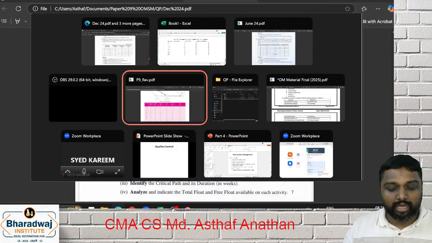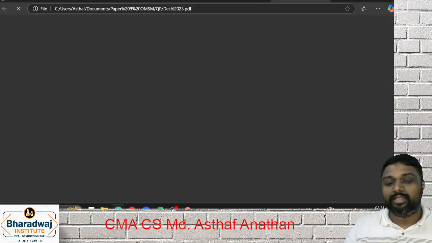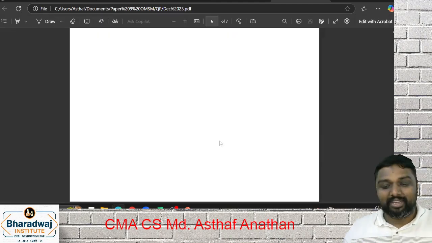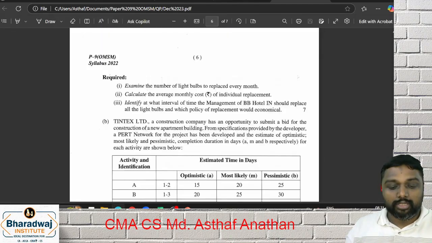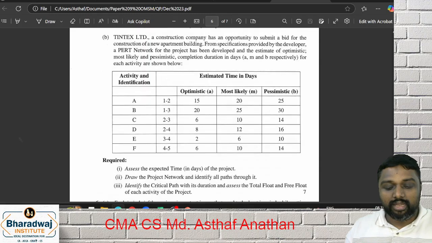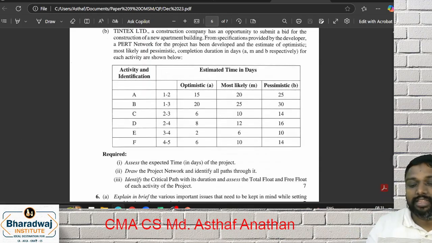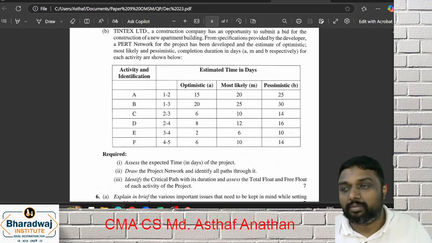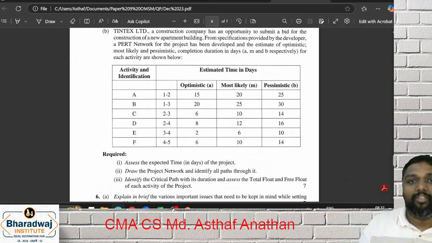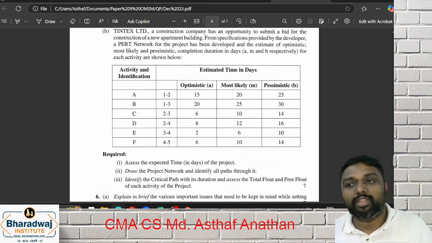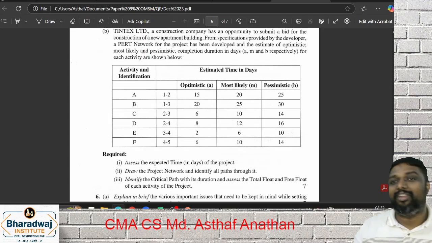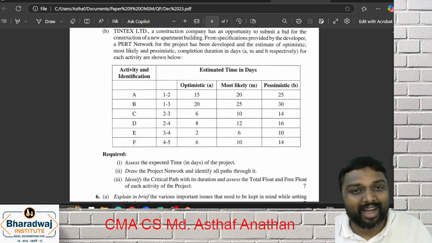If you further proceed with the December 23 exam, same pattern, same question, it is coming again for exam. Because of the importance only, this question similar to December 23 came. This you can do as homework. ICMA also released the suggested answers. You can refer to the same. With this, you have done all the important previous year questions for OPM for December 24 and December 23 to 24. Hope all of you are clear.